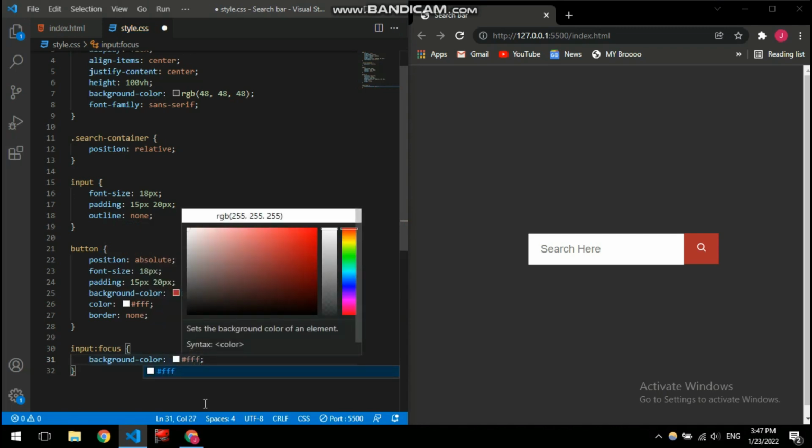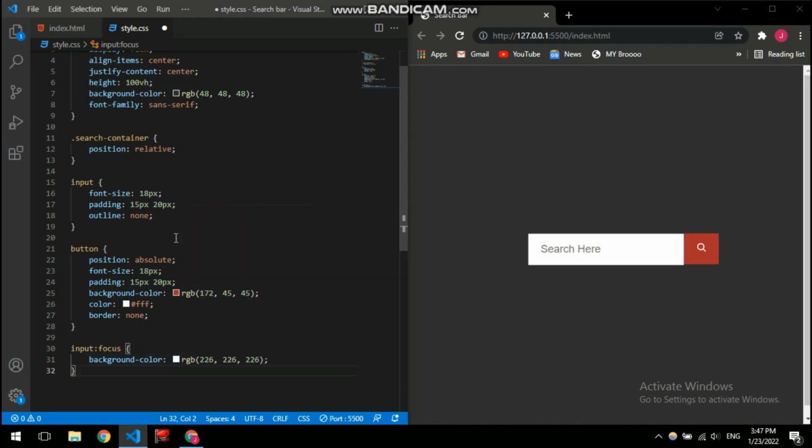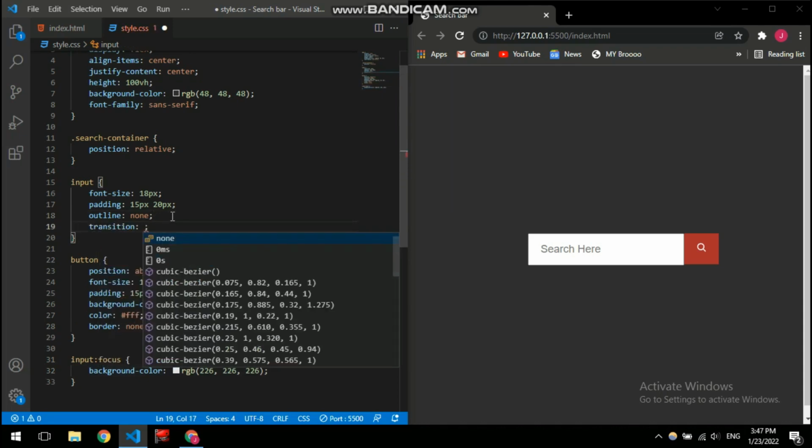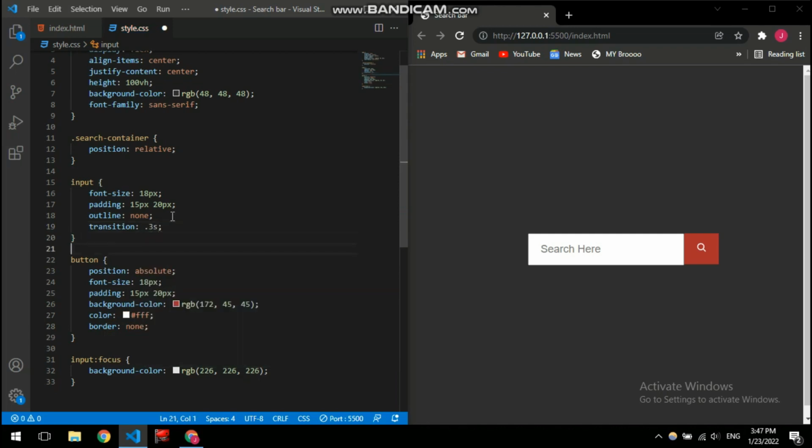So I'm just gonna use this color picker, move on to white, and also I need a transition of 0.3 second. And also for button, I am gonna use the same transition. I'll copy and paste it, because I am also gonna style this button